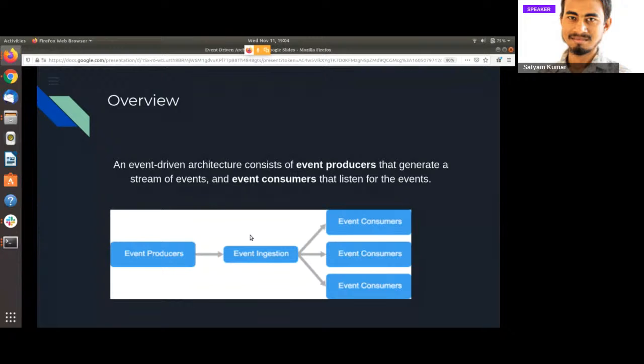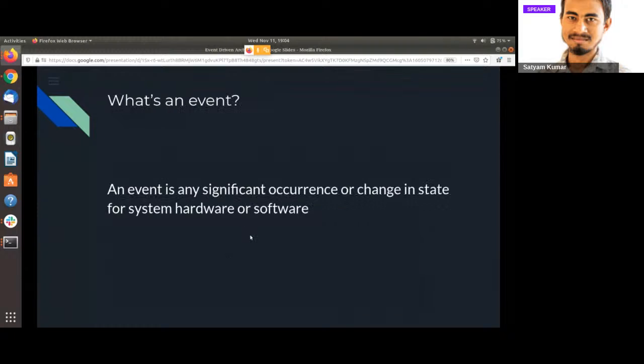One is the event producers, which will produce the events, which will be consumed by some other services. And there is an event broker, or event resolver, which will act as a bridge between the event producers and the event consumers. The event producers will push their events to an event broker system, and the event broker system will then enable the event subscribers to act upon those events, and we will go into the depth in the next slides.